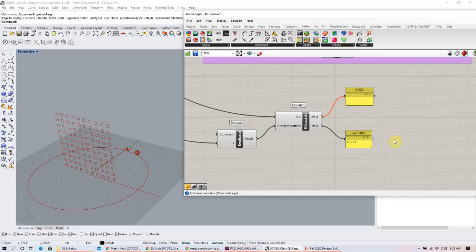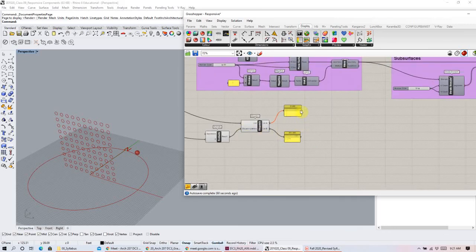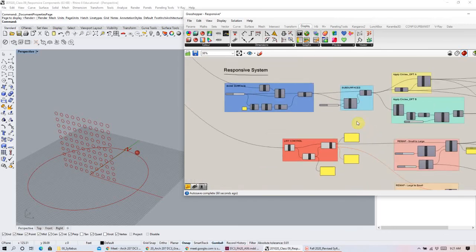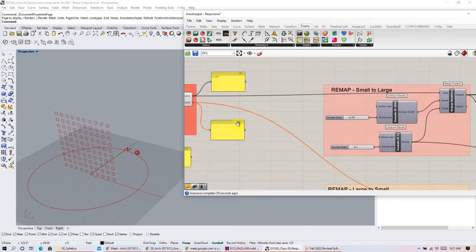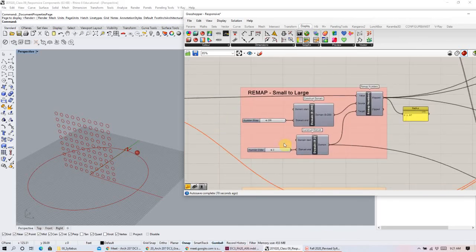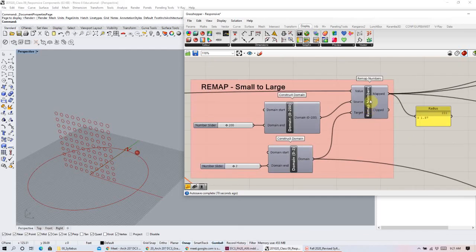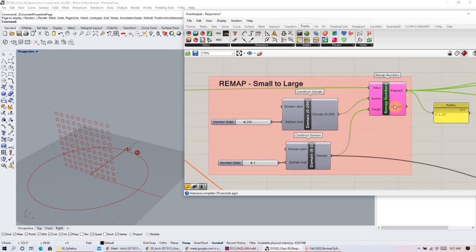Okay. All right, I think that's good. Okay, so then the next part, so we did our list control, and you can see how I've set that up the same way. Now we need to remap the numbers. So we need to pull down one of these remaps, and then we need to have two construct domains. Okay, so